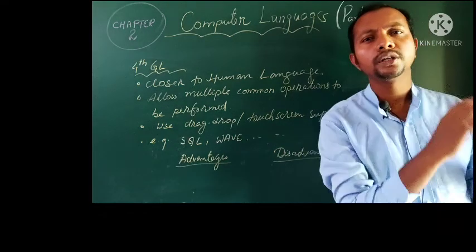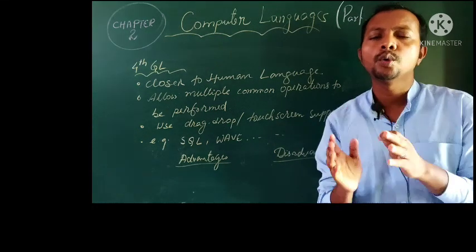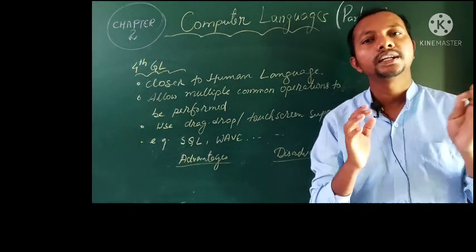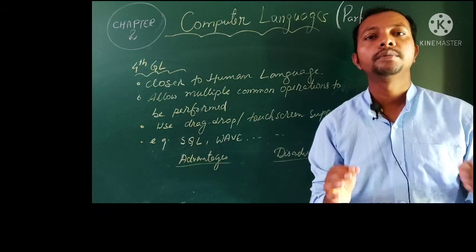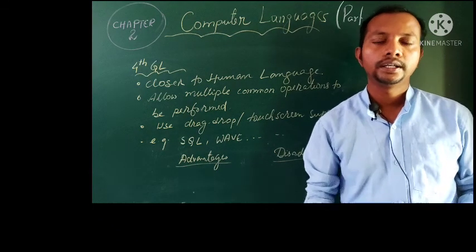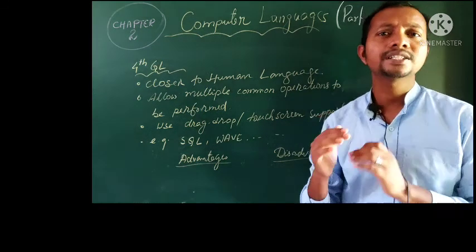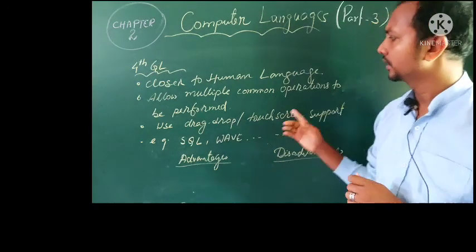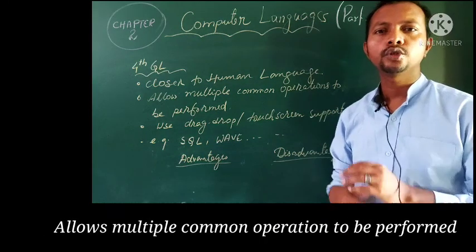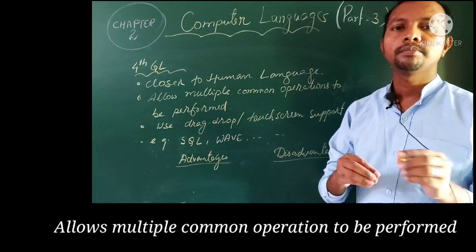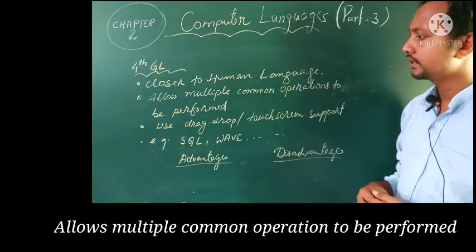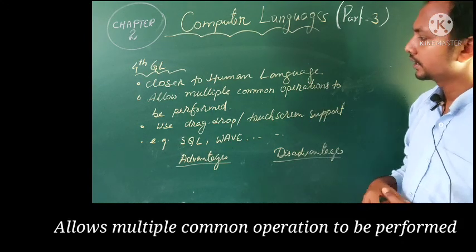Now people who don't know English can also operate the computer screen with Hindi commands. People who do not know Hindi can at least instruct the computer with voice or something else in Assamese or any other language which is installed, coming more or less closer to the human being. That is what it is trying to do, and it allows multiple operations to be performed. So many actions can be performed together. The 4th generation programming languages allow us that.